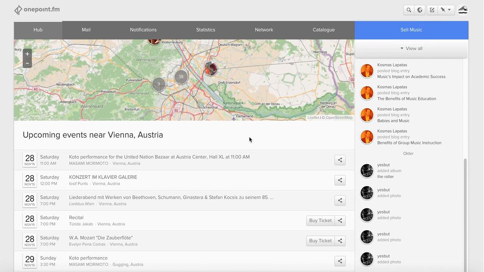So dear One.fm artists, we're going to show you now how to sell your music to iTunes and Spotify, and also how to make your music available as a CD. All you have to do basically is to click this blue Sell Music button,